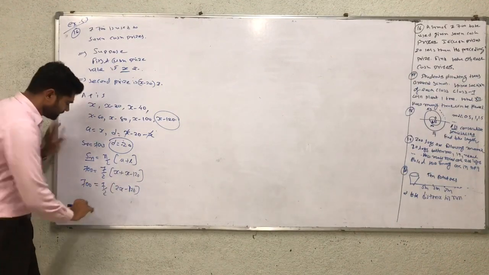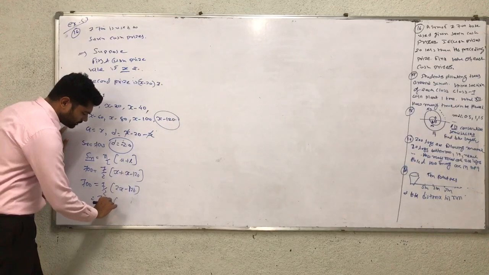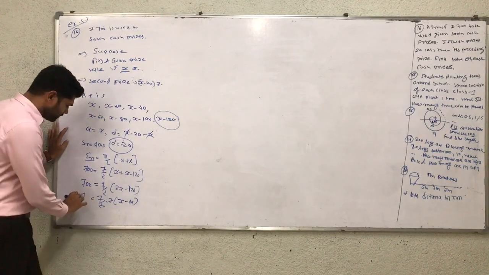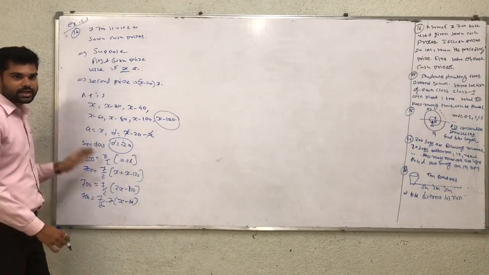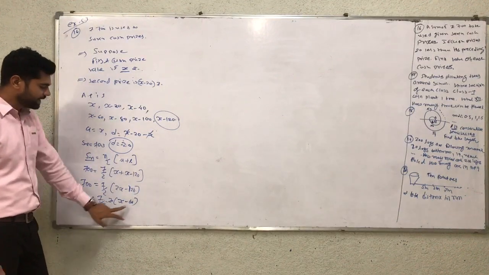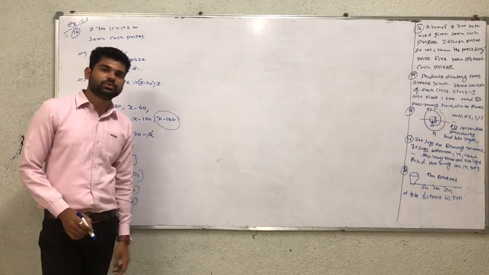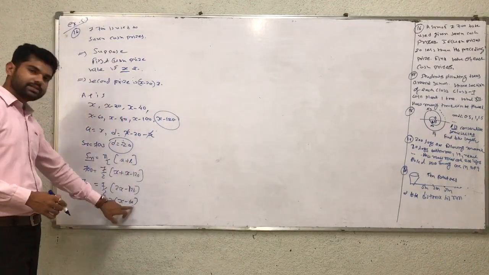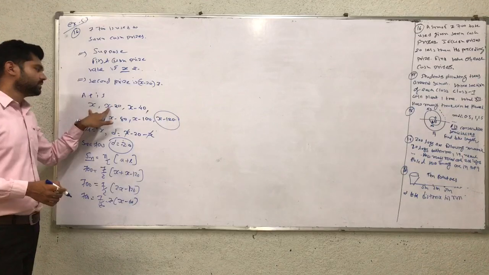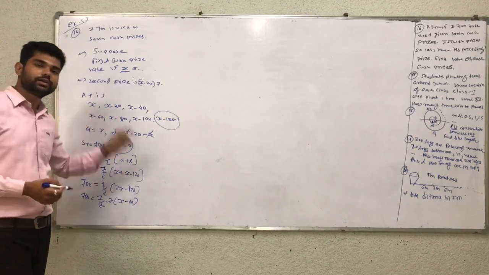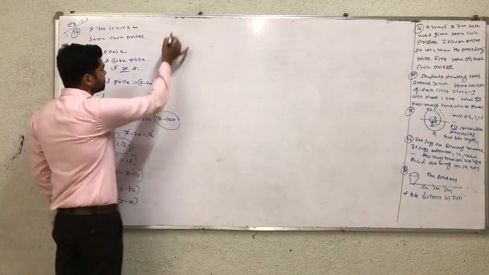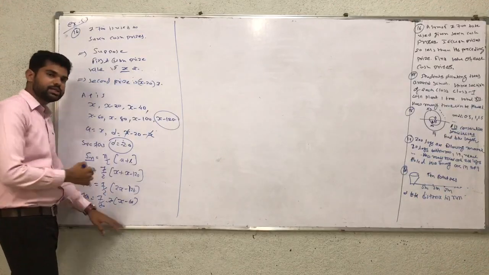Now taking 2 common on both sides, what remains is x minus 60. So the 2 and 2 cancel, and 7 into x minus 60 is equal to 700. Now 7 is multiplied, so on changing sides it divides: 700 divided by 7, the answer is 100, equal to x minus 60. So x is equal to 100 plus 60, the answer is 160. Now x is equal to 160, so in place of x we take 160 and find all 7 terms. Solve in this way and complete it by yourself after this.